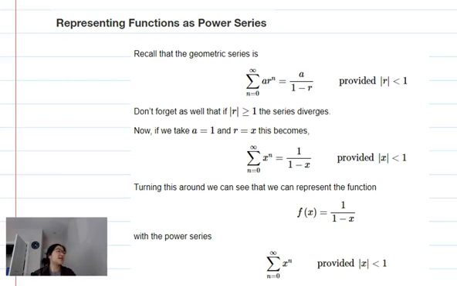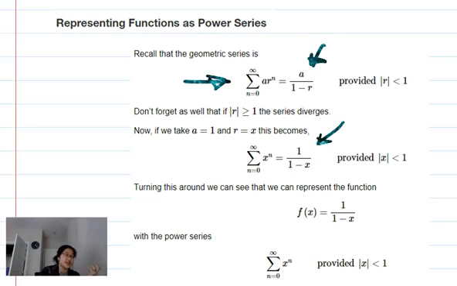So if we want to represent a function as a power series, and we know that we have geometric series that converge, and we can figure out exactly what they converge to, that's really nice. And so if we have something else, right? So if we were taking this general format of what's on this right side, and we're just going to throw it into something else,